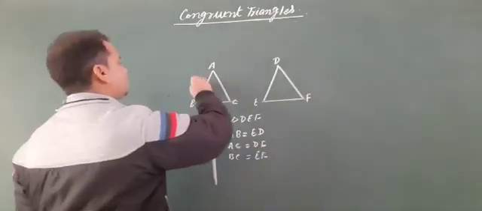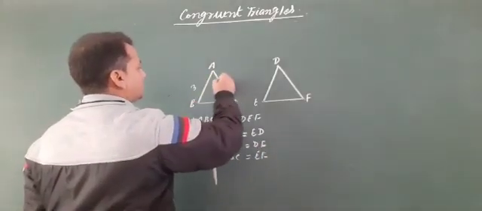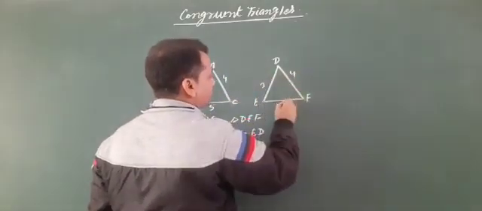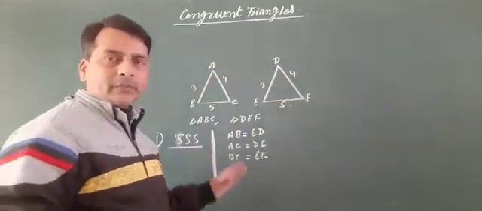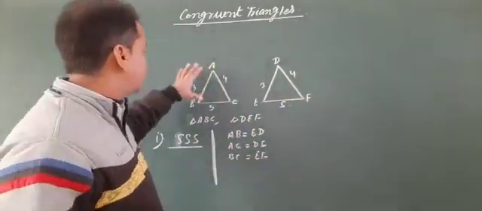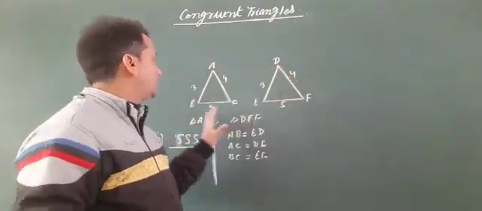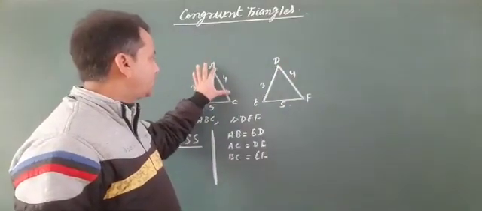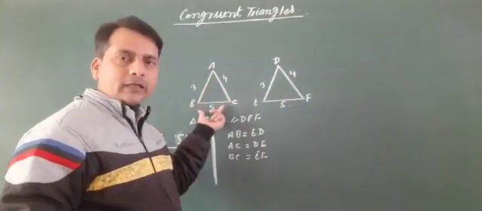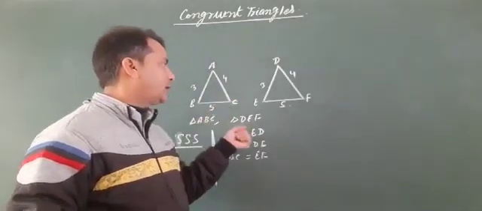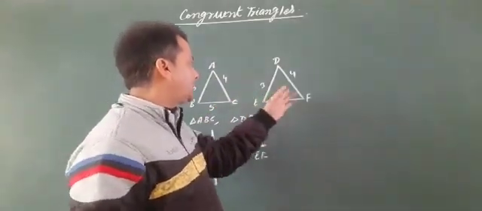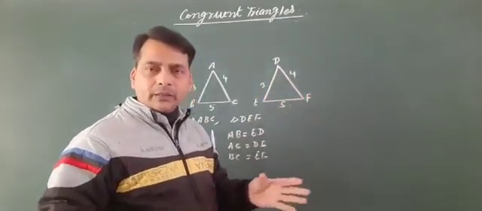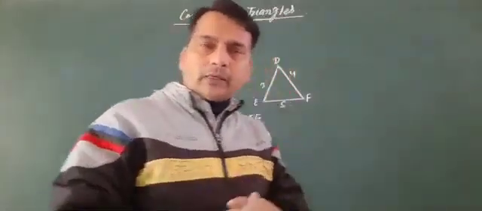Suppose that AB equal to 3 centimeter, BC equal to 4 and AC equal to 5. Now next is 3, 4, 5. So here is the comparison between the two triangles. That is, the first triangle is ABC and the second is DEF. So the length of AB is 3 centimeter, the length of AC is 4 and the length of BC is 5. Now another example, the other triangle: DE equal to 3, DF equal to 4 and EF equal to 5 centimeter. So here is the comparison between the two triangles.